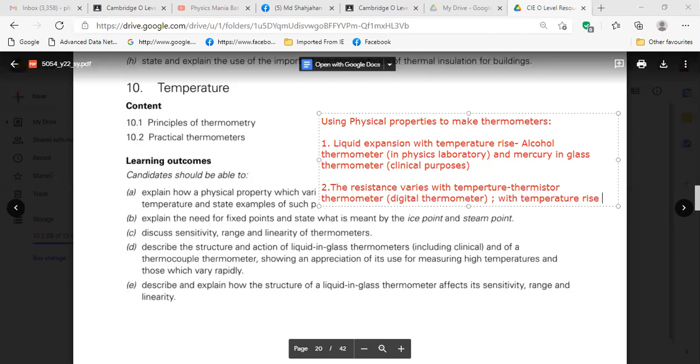With temperature rise, the resistance of the thermistor decreases. As a result, current increases,